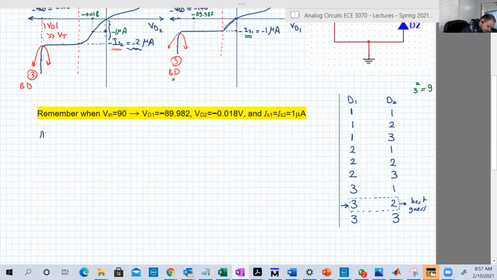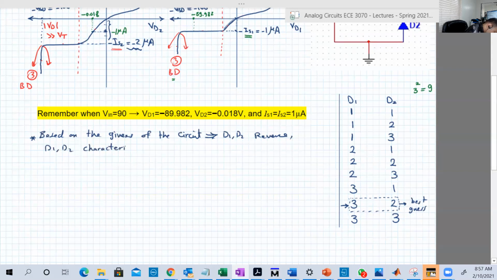So let's write this based on the givens of the circuit, which is D1 and D2 on reverse, and also D1 and D2 characteristics, and our previous experience